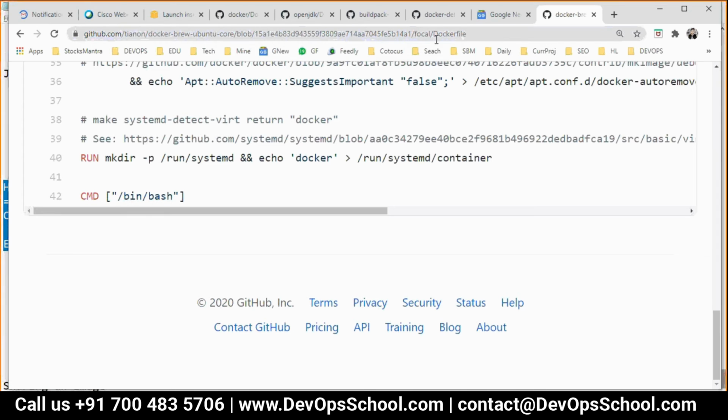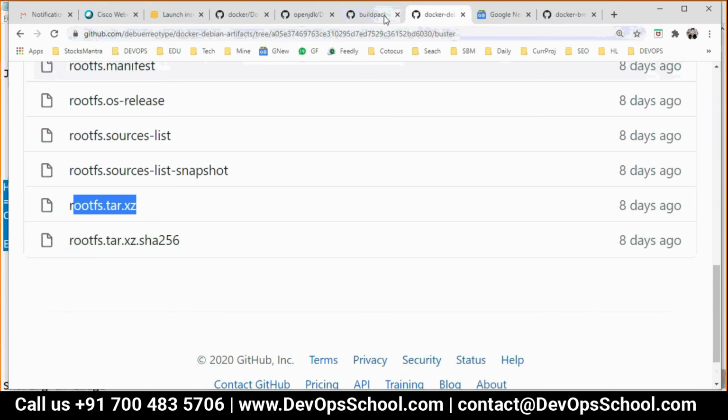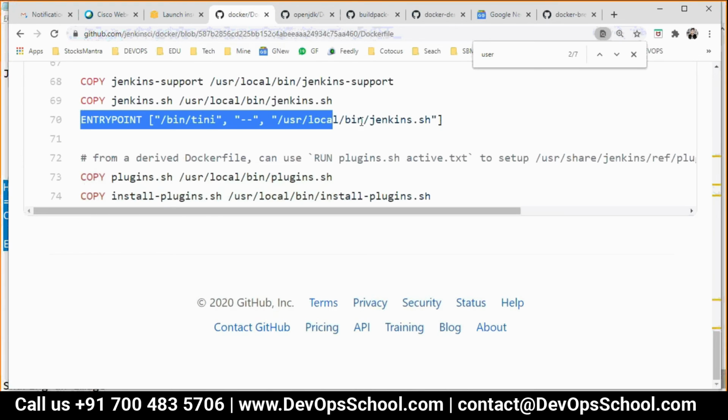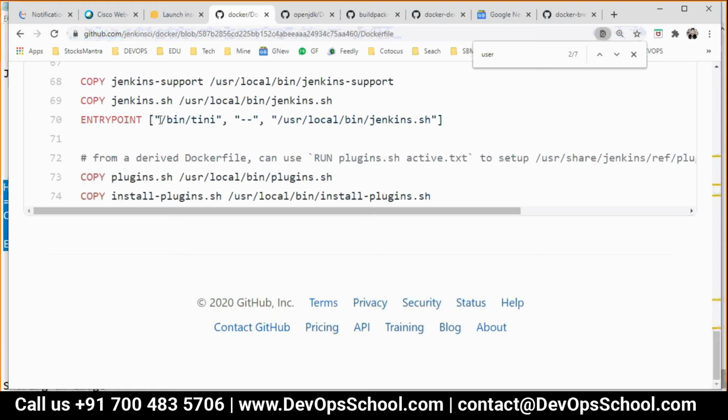So guys, you understood by now how to set PID 1 for the containers, with CMD or ENTRYPOINT. Now please look at this one, which will probably be okay for you. See here, it's ENTRYPOINT and see what they are setting up: Tini. This is Tini and these are parameter 1 and parameter 2.